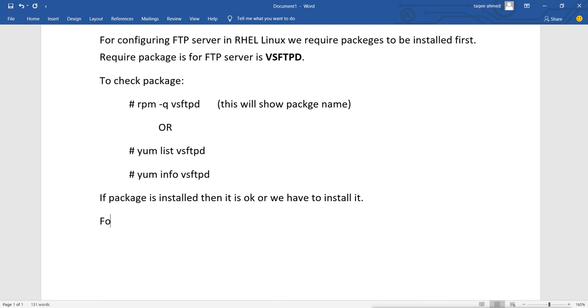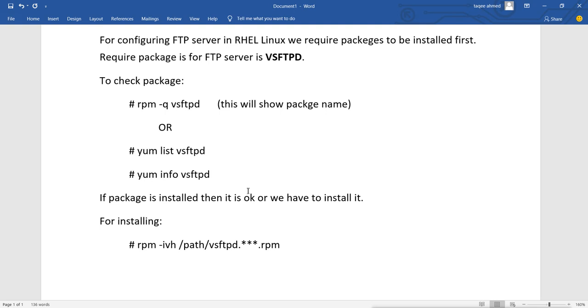For installing the package, if we are using RPM, then we will use the rpm -ivh command, with i for install, and then we mention the path where the package is located and the package name, with all the version and the .rpm extension.